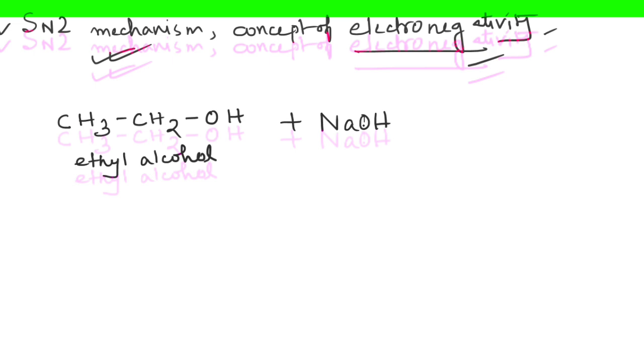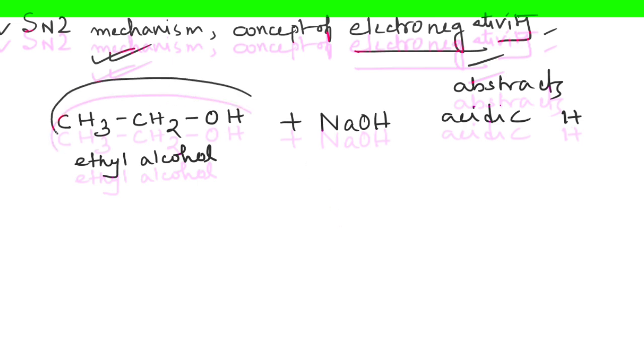And remember, in class 9 you have already studied what is the role of a base. It abstracts the acidic hydrogen. So in the ethyl alcohol molecule, which one is the acidic hydrogen? It is the H attached to the oxygen atom. Okay, so